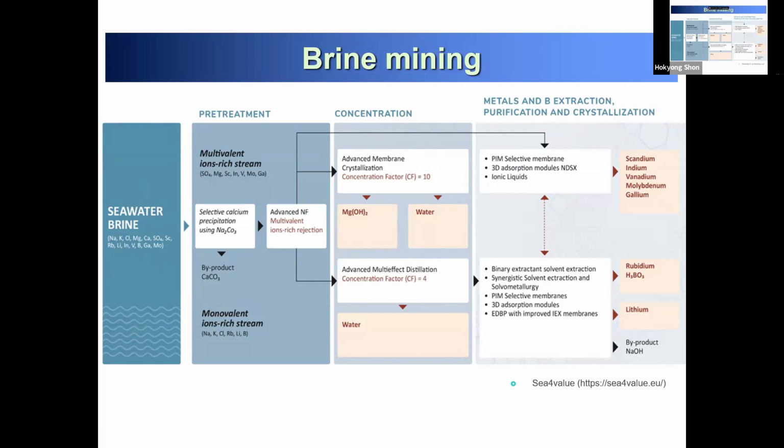So we have sodium, potassium. Potassium is also a fertilizer. And chloride, magnesium, calcium, sulfate, strontium, rubidium, lithium, and then vanadium, boron, gallium, molybdenum. So there are many different materials that can be recovered. Multivalent ions and monovalent ions we can separate first, like selectively precipitating calcium with sodium carbonate,